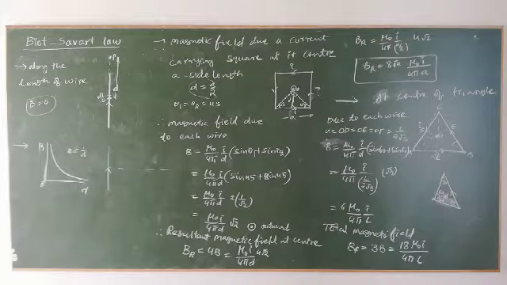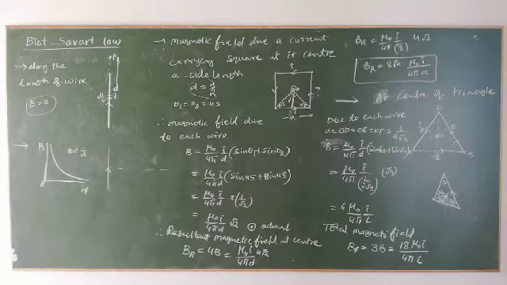Now let me find it for one side. This is one side, and this is the distance D, which is equal to L by 2 root 3. Now very simple. This total angle is 60 degrees, then what is this angle? 30. This is 30. And what is this angle? 30. Then what is this angle? 60. 30, 60, 90. And this is 60.